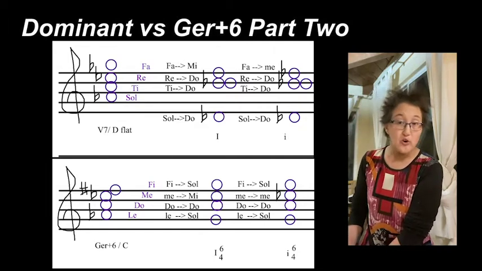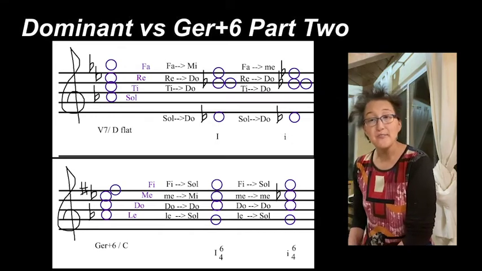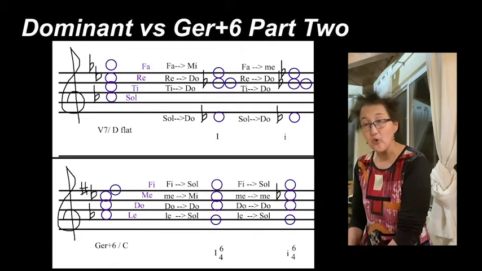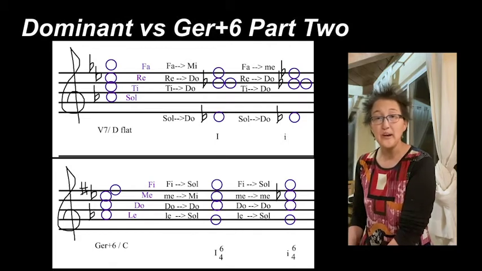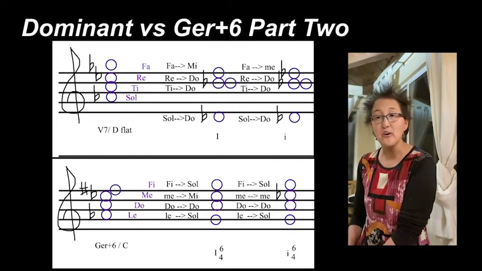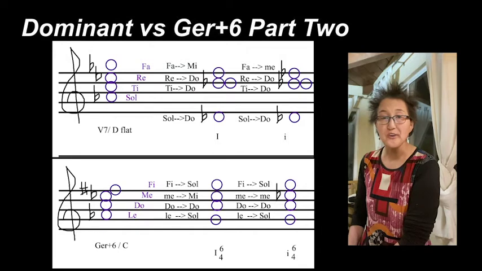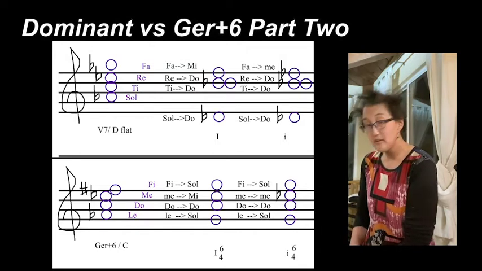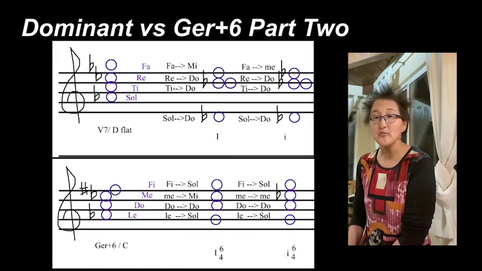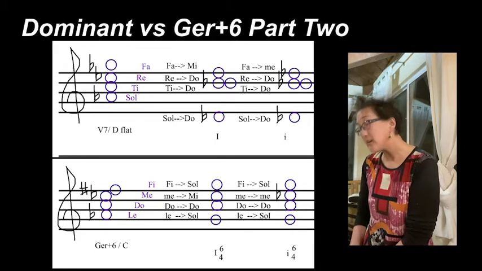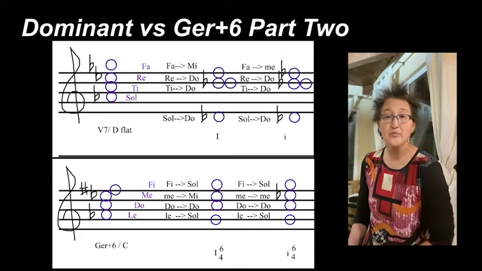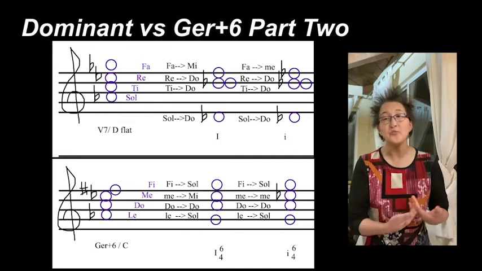So when we look at that chord again, the root is A flat. So whether this root is the dominant 7 or the German, the root is going to be A flat. If this chord functions as a dominant, then it will resolve either to D flat major or D flat minor. If this chord functions as a German, we know that it will resolve to C major or C minor. In other words, we know that this sound will likely resolve